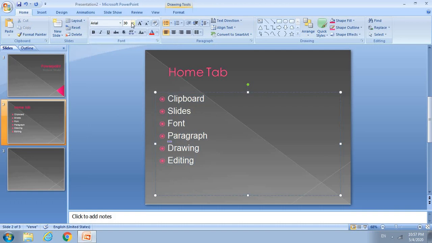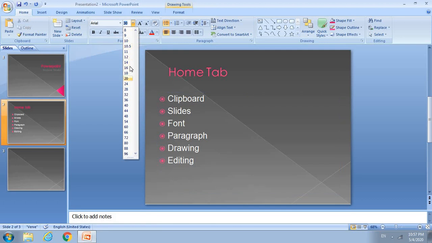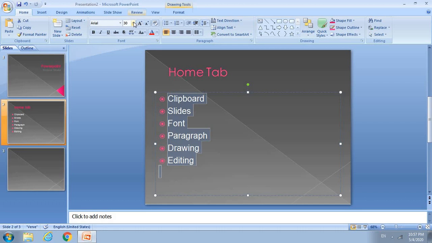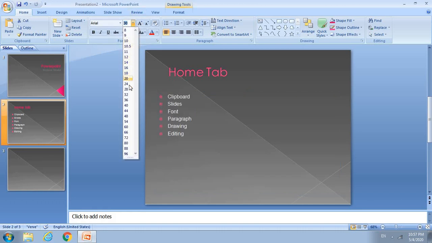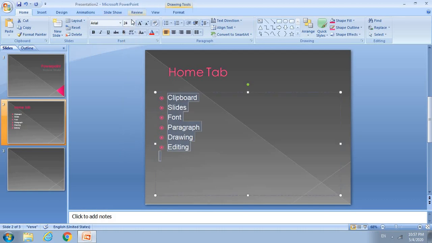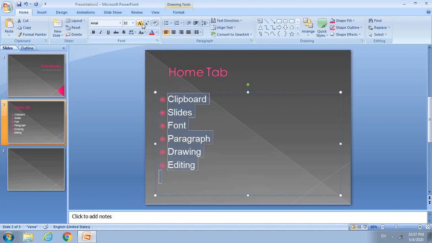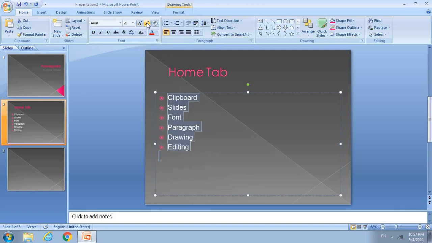Now what more can you do? You can change the font size. Let me select them first. Here, as you can see, you can change the size. We'll keep it to 24. And again here you can increase the font size or decrease the font size just by clicking on these buttons like that.